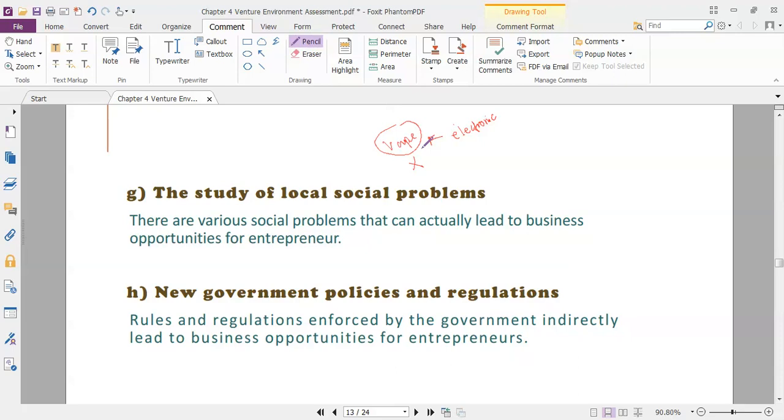Many teenagers outside there, kalau hisap vape, paru-paru dia ada problems. So I just want to highlight the example of the study. We need to study local social problems to assess the opportunities of business. So next,